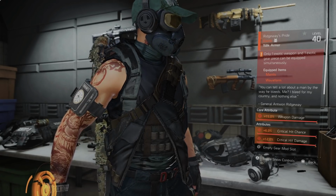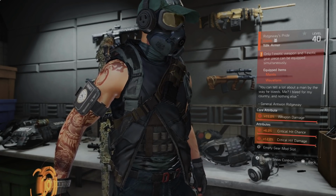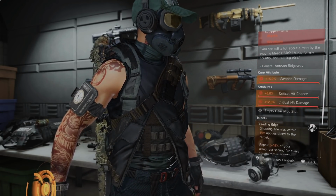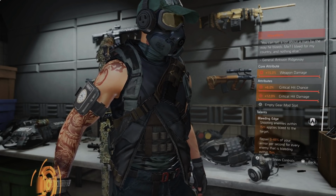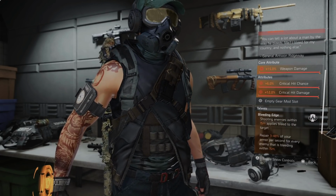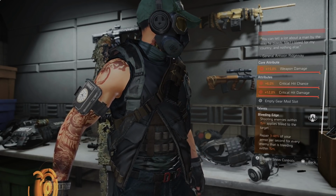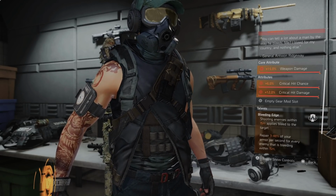And the final exotic, the Ridgeway's Pride, this is the final exotic that I haven't covered. Well, we do have a full video for this if you guys want to check that out. This is a quest item. Just to sum it up, guys, you guys can get this from the Summit, and they made some small changes to how you got this. Every 20 levels has a chance of dropping a piece you need. There's 100 levels, so that means there are 5 different pieces,